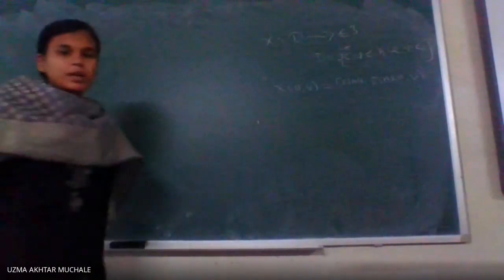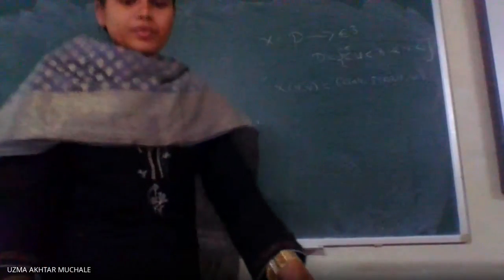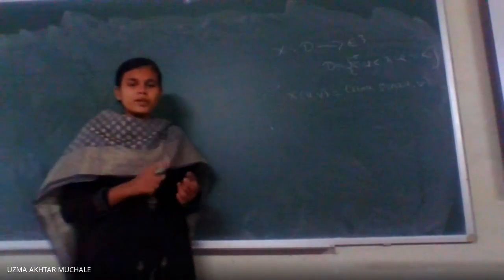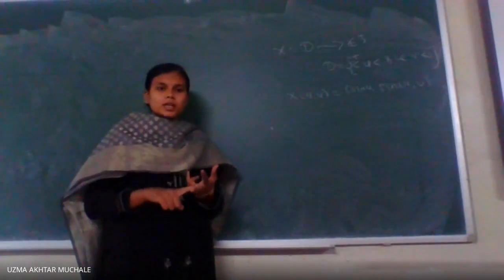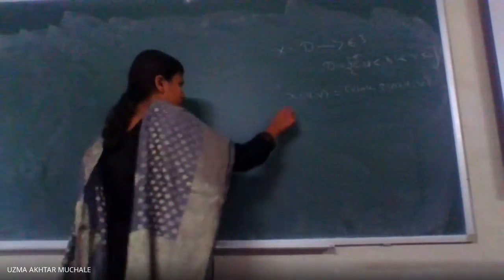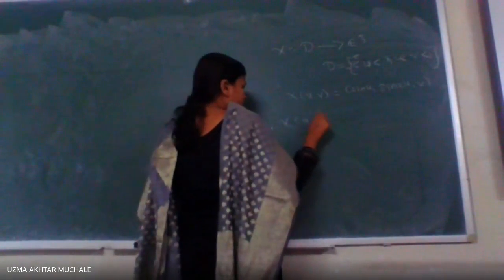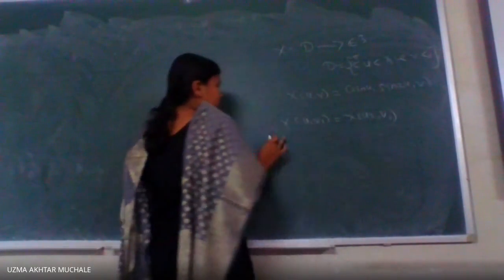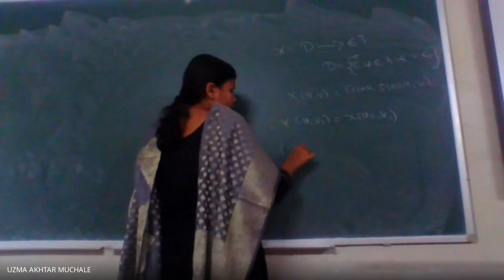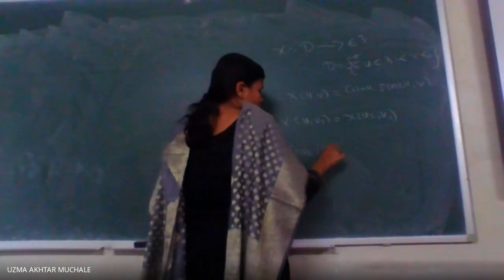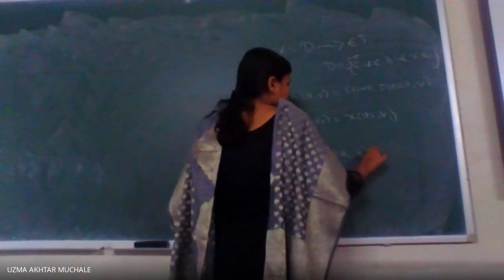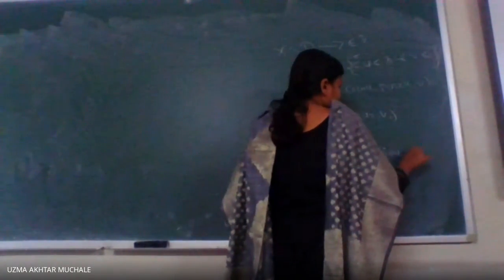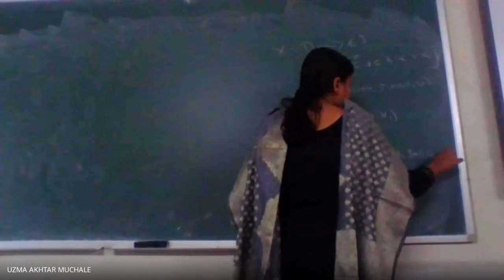Now let us verify one by one whether it is a surface or not. For that, first we'll verify whether it is a proper patch. To be a proper patch, first it should be one-one, regular, and the inverse function should be continuous. So let us verify x of (u1, v1) equals x of (u2, v2). So next, (sin u1, sin 2u1, v1) is equal to (sin u2, sin 2u2, v2).